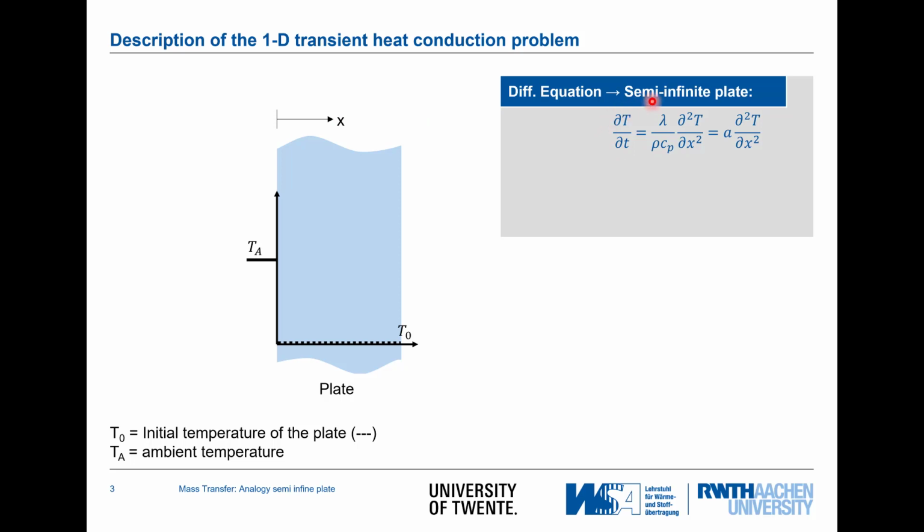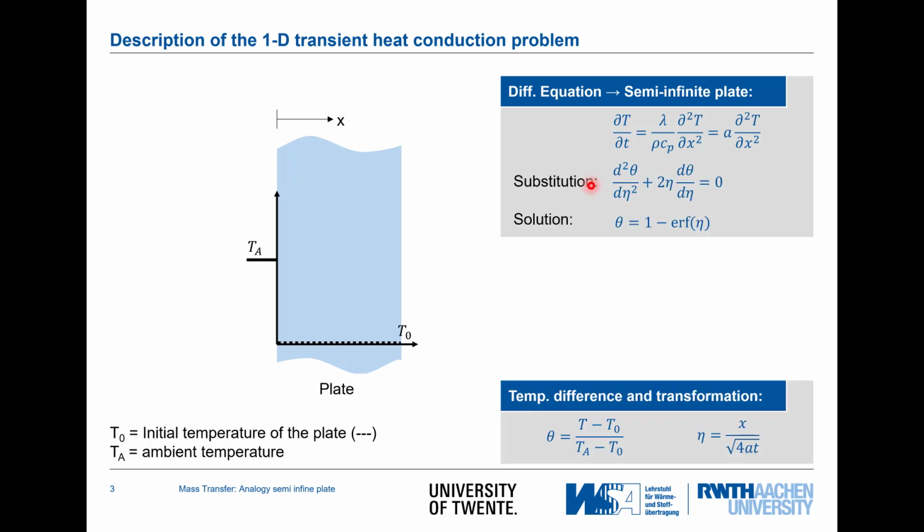The differential equation to be looked at is indicated here with a dependency on time and spatial coordinates. Here we only plot spatial coordinates, so time may be a parameter. And solving this is difficult as we have a partial differential equation. Using the right transformation, we can get to an ordinary differential equation where the variable eta now depends on both